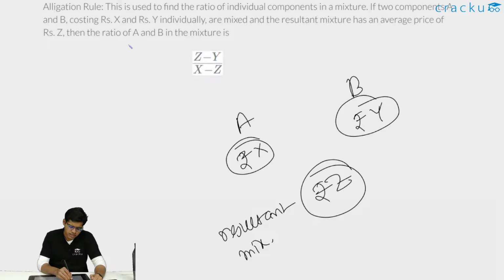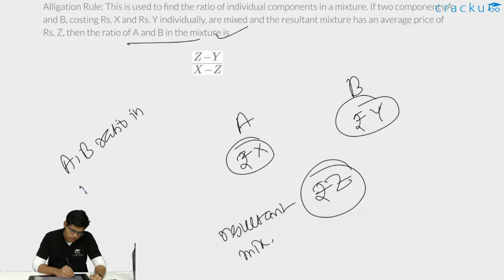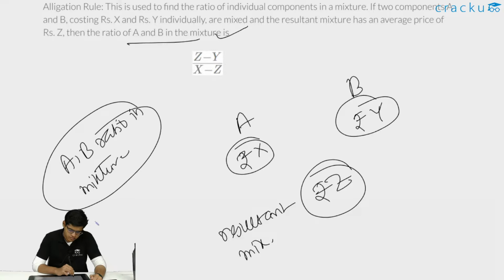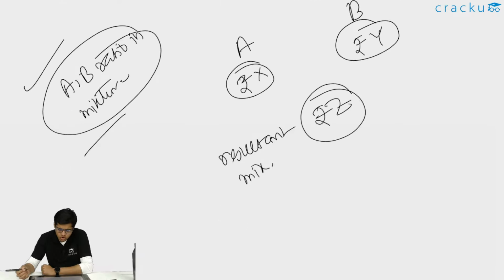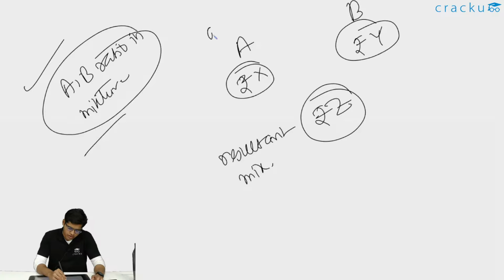Then I need to find the ratio of A and B in the mixture. A is to B, the ratio in the mixture, I have to find. So basically, let us say A kg of A has been taken, B kg of B has been taken,